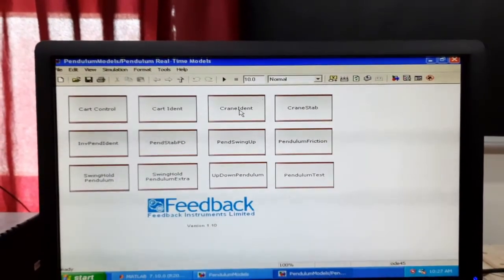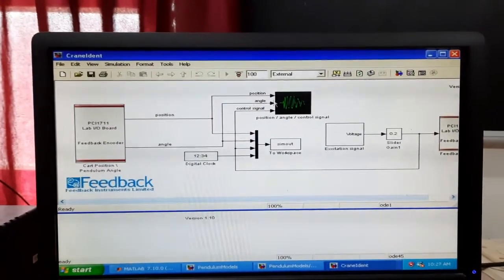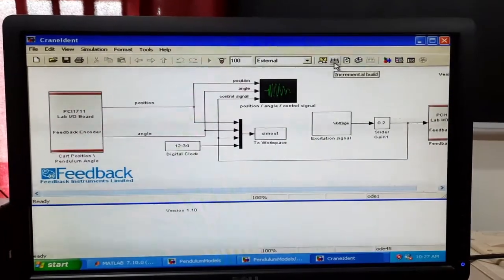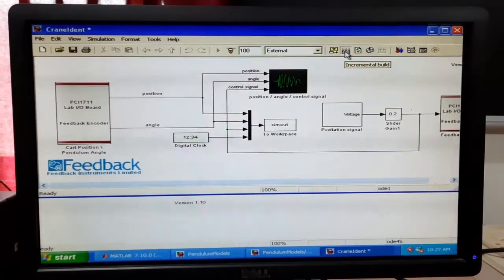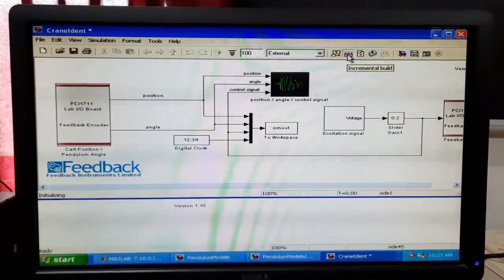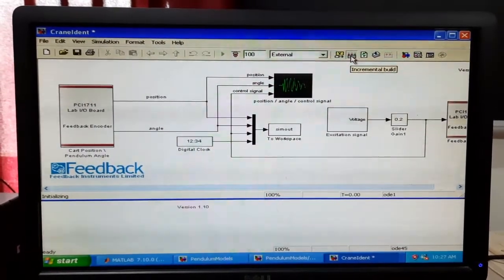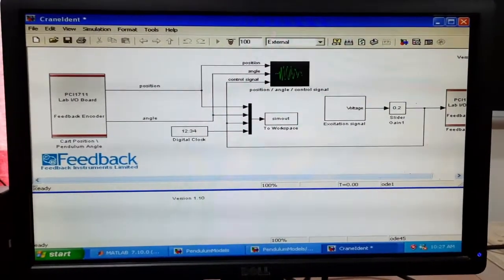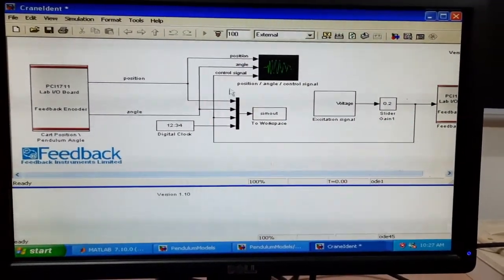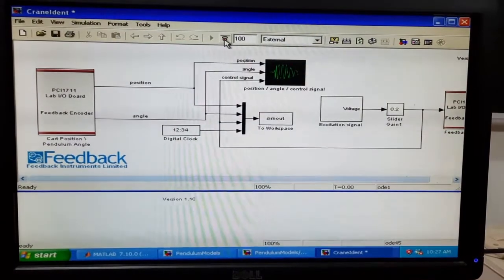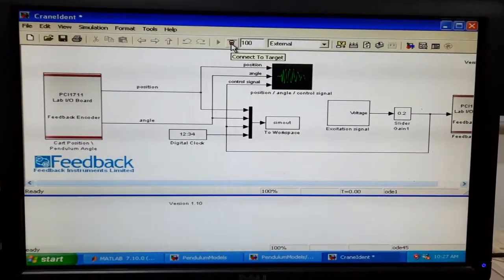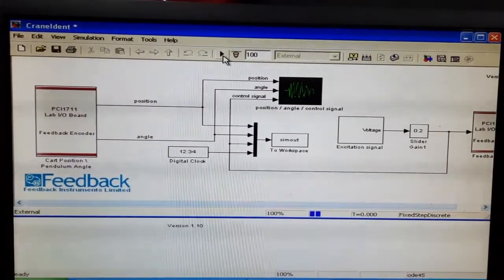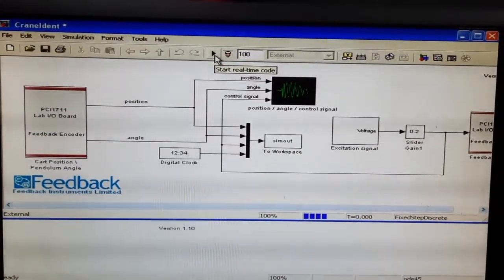Next is our crane identification. For that we have to follow the same process: incremental build. Our building process is completed and it is showing ready. Now we can connect with the hardware, connect to target. Now our stop button is active.